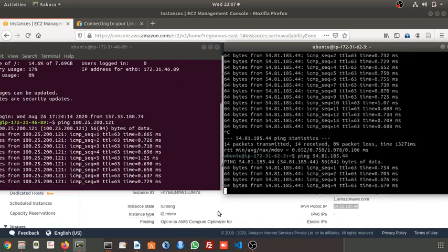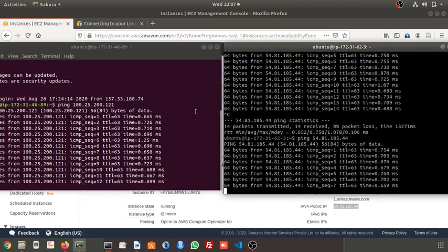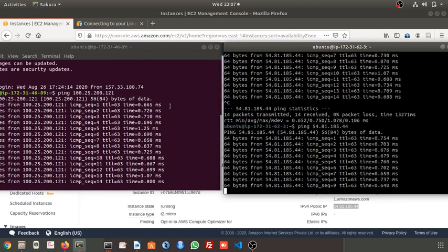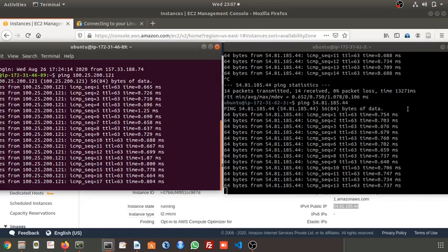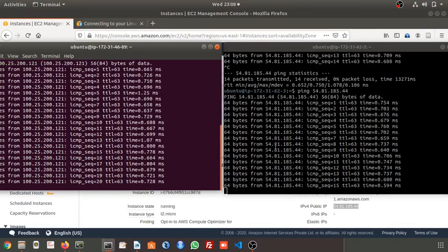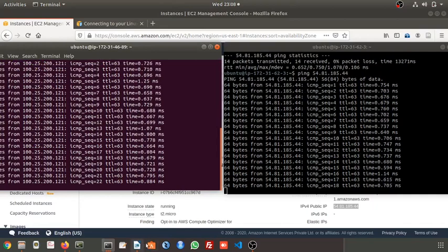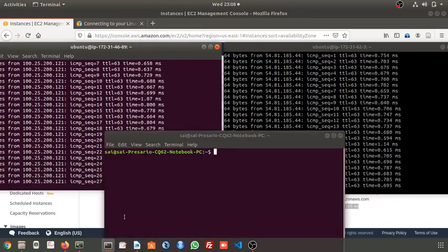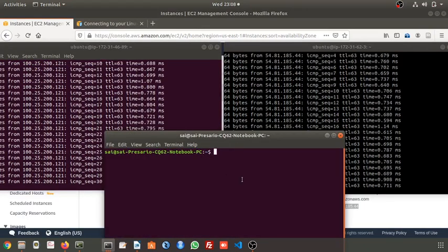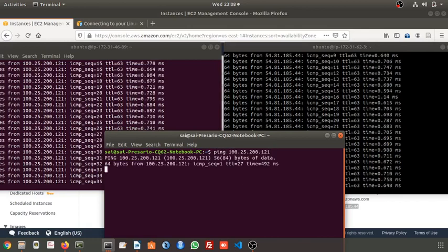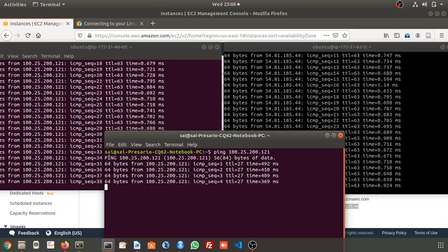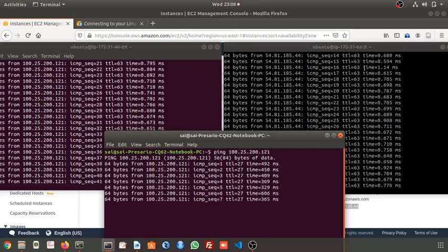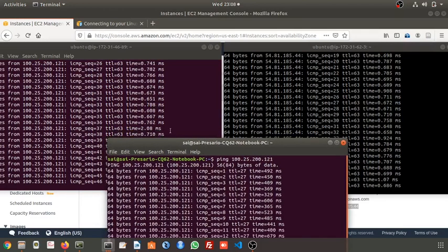Now what we will do? These two are virtual machines. This is the second one and this is the first one. Now whether these two are communicating with the local machine or not, that is what we are going to check now. So this is the local machine. How to check? Ping this. You can see my name here, Sai Stereo. So now this is connecting with this machine. This machine is connecting with this second one.